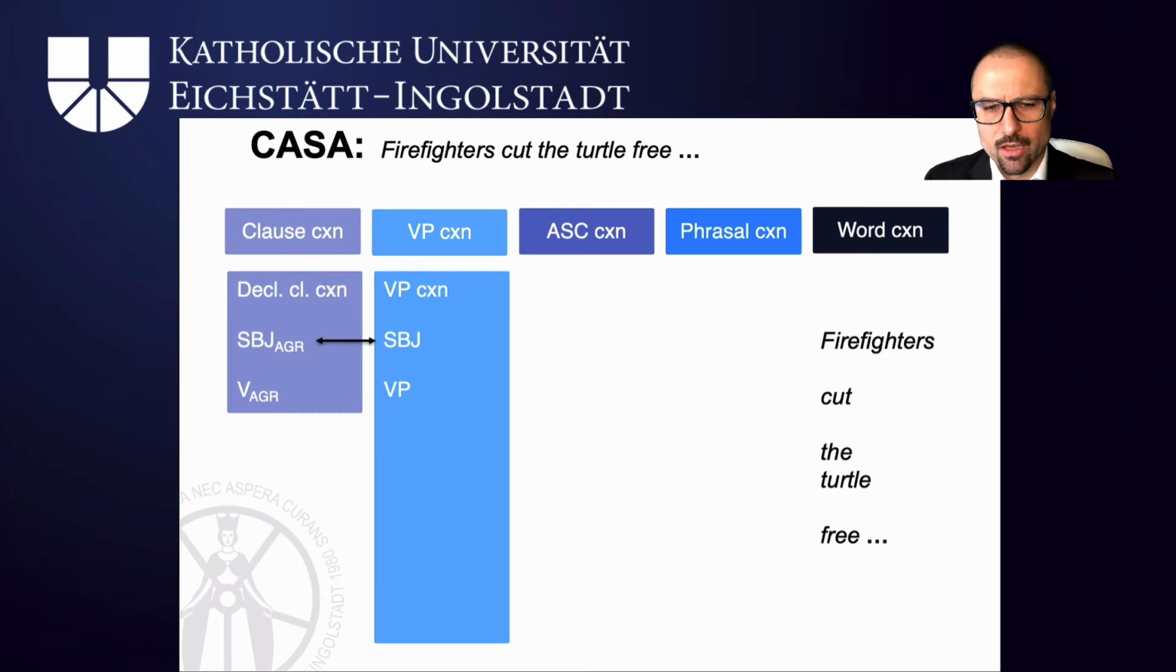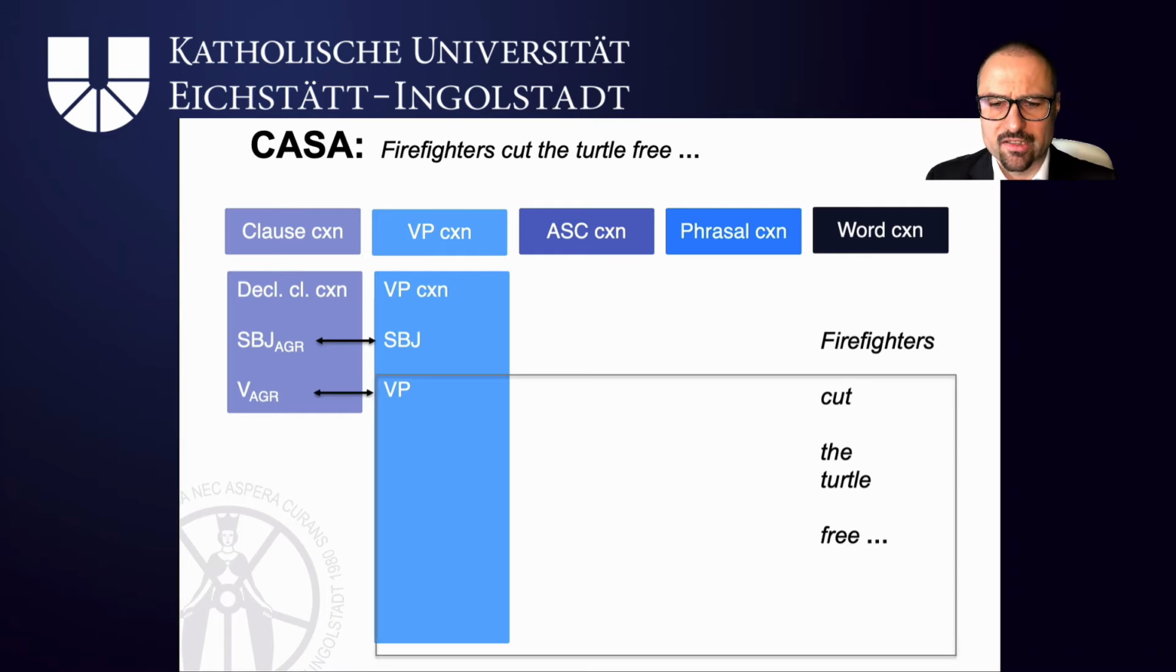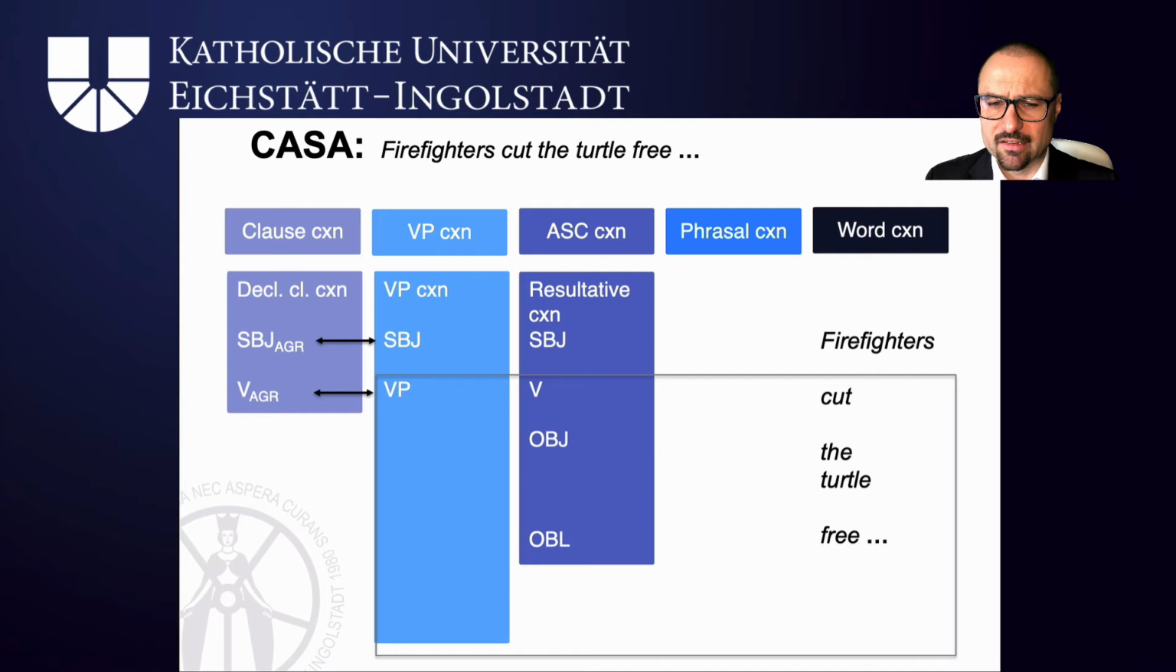Okay, moving on. We see that the subject slots must blend over, so the declarative clause construction subject must be identical to the verb phrase construction subject slot. The verb phrase then covers "cut the turtle free," and we indicate this by a box. Then we have the resultative construction, which tells us that we need a subject, a verb, an object, and an oblique. And if we clicked on it, it would take us to its meaning, which is an agent causes a patient to become a new state by being. The verb phrase will include the verb slot, as well as object and oblique, and the subject slot will be